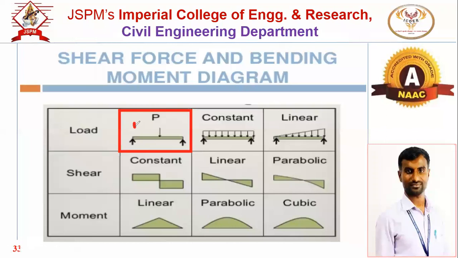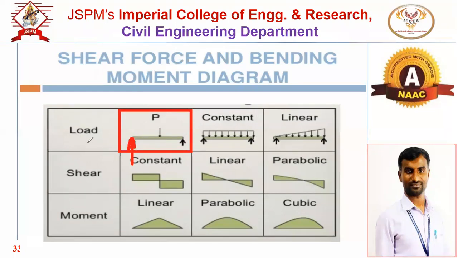So this particular distance, it will be what? L by 2, and remaining will also be L by 2. Now tell me, if this is the first condition, that is the central point load is there, center मध्ये जर load असेल, so what is the reaction? What is the reaction at left end and what is the reaction at right end? Reaction काय असेल, कोण सांगेल? What is the reaction? P by 2. Okay. So the left end reaction will be P by 2.